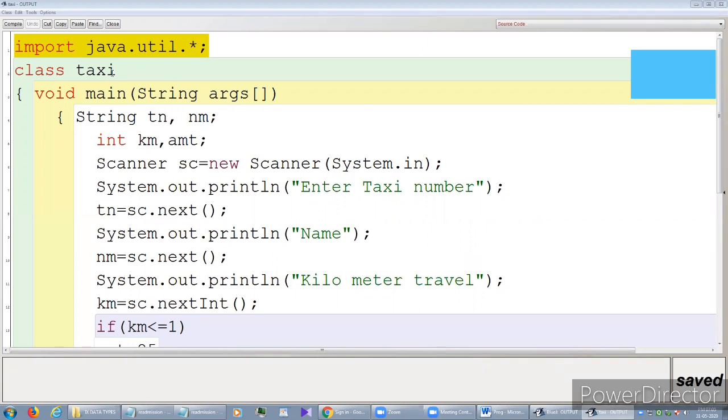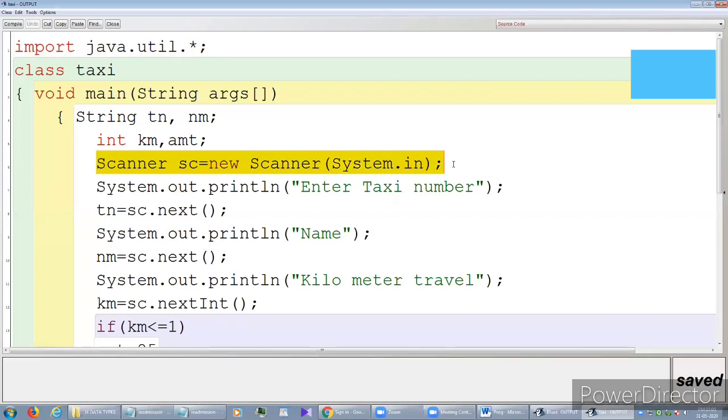Now, Scanner sc equals new Scanner(System.in). This is new in front of you all, this highlighted line. What is the meaning of Scanner sc = new Scanner(System.in)? Actually, Scanner is an inbuilt class.